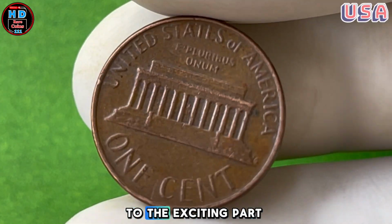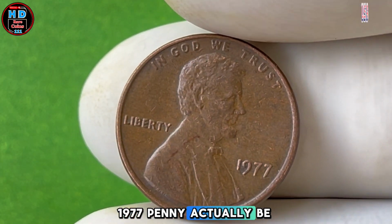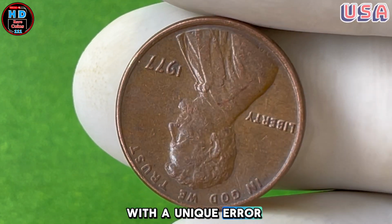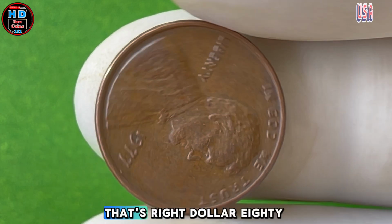Now, let's get to the exciting part. How much could a 1977 penny actually be worth? If you happen to have one in excellent condition, or better yet, with a unique error, it could be valued at an incredible $81,000. That's right,